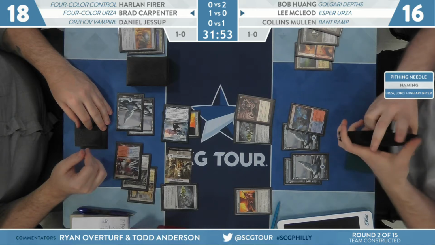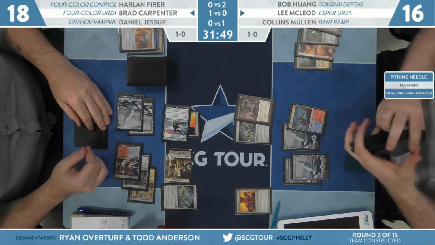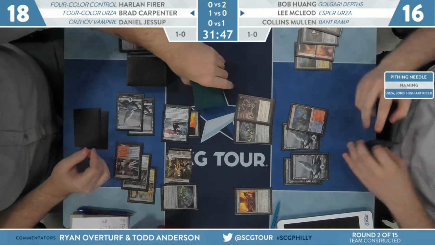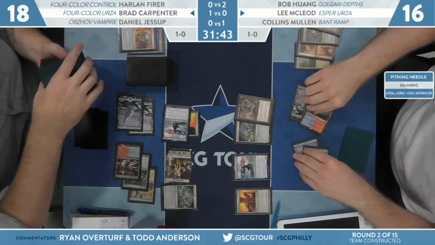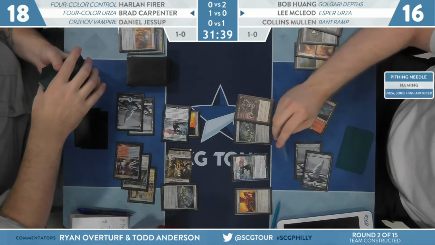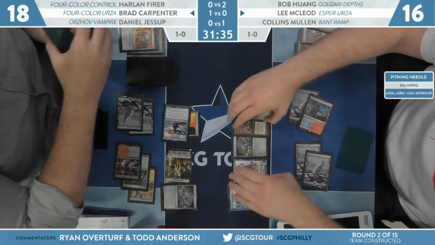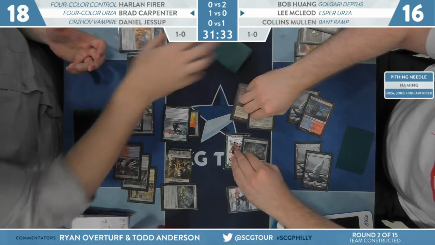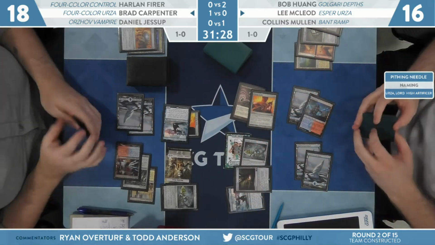Pretty good. Snow-covered island, the find for McLeod. He has an Urza of his own in hand. Shaping up to be kind of a weird game. Yeah, I mean, well, there's an Urza from McLeod too, but I believe that since Carpenter has half of the, or 2/3 of the combo already assembled, there's a good chance that if he goes first, he might actually just